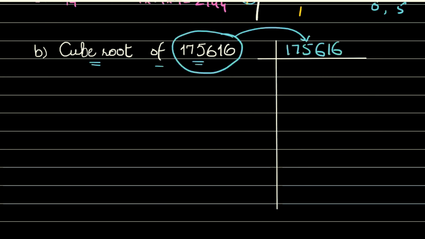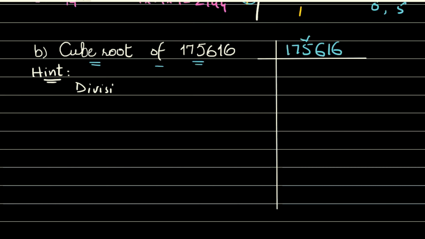175616. And remember one thing, there is a hint. You need to be very good at tables and divisibility test. Okay, that is really important. It will be helpful for you. All right. So that number is an even number. So I know I can factorize it. So I will start using the smallest prime number, and you have to. All right. So let's take a start.